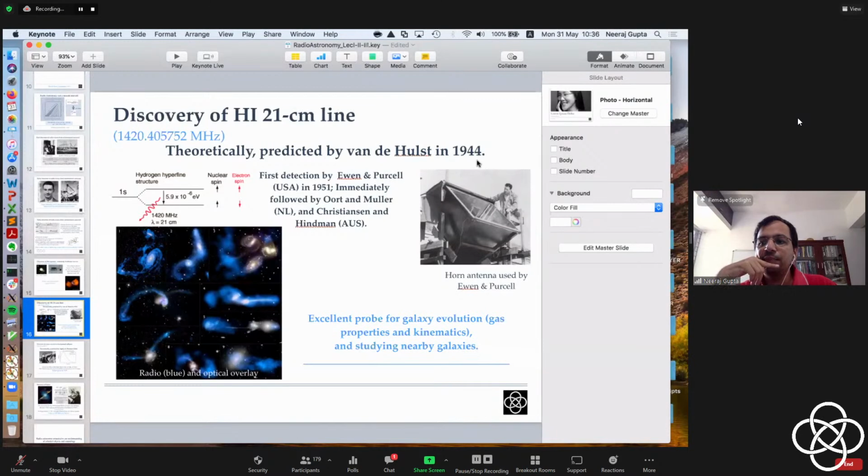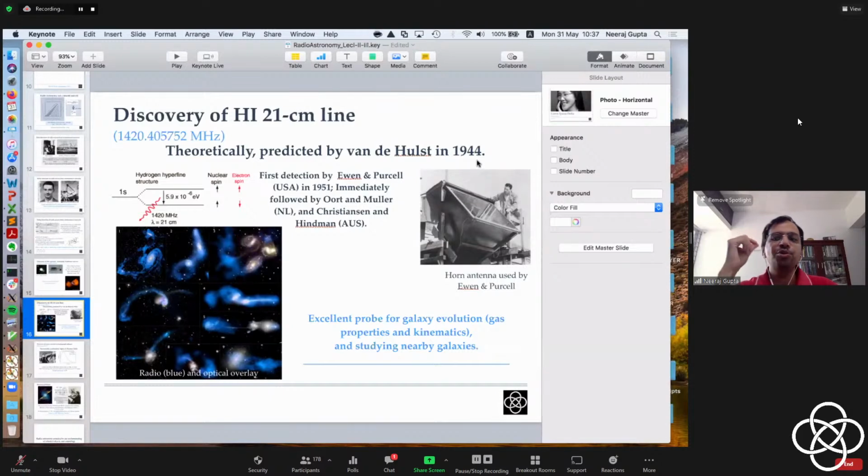Because, for example, the relative velocity of a gas cloud with respect to Earth, when we are observing, will be found to have a Doppler shift, depending on whether that celestial object is actually moving towards us or away from us. So, realizing the potential of such a possibility, he gave the problem to a PhD student called Hendrik van der Hulst to investigate the possibilities, and he came up with this idea that